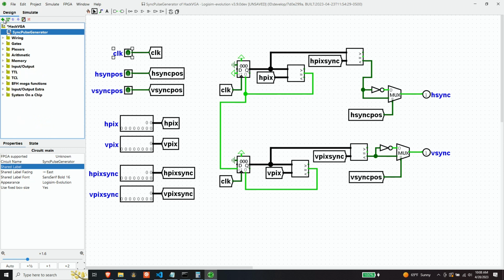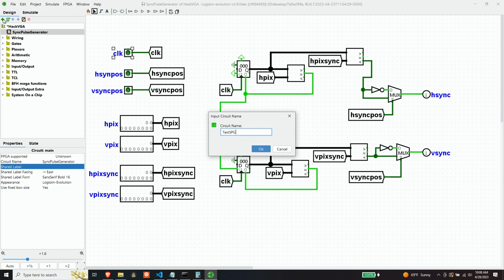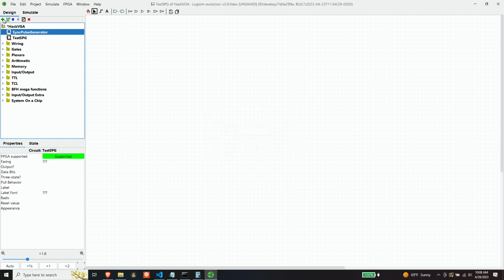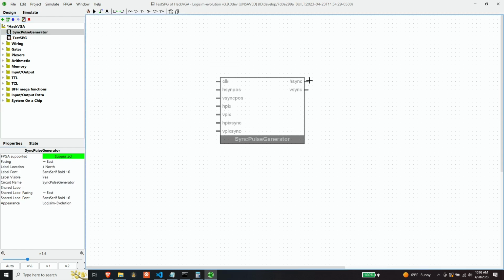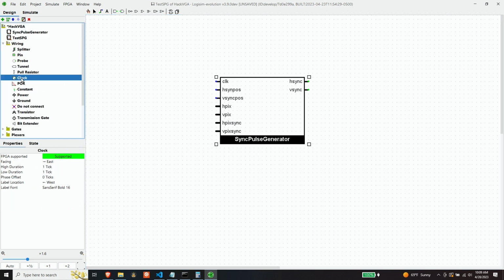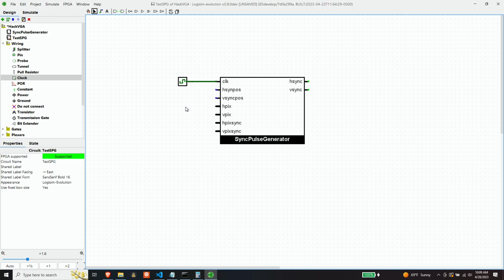And so we want a test sync pulse generator. Sure. Let's wire this up with a clock. And, okay, sure. We'll put some pins in